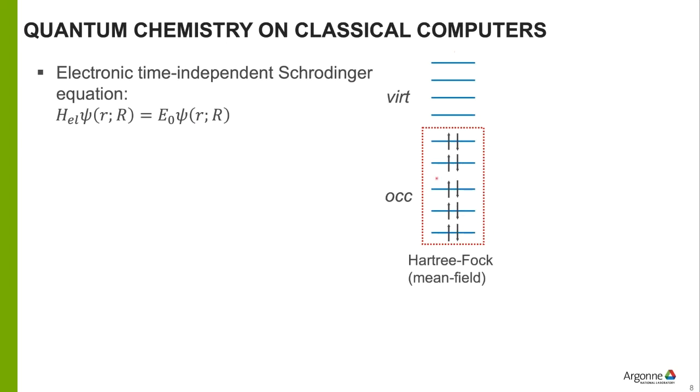So this is the molecular orbital diagram where you have some occupied orbitals and virtual orbitals, and this electron configuration corresponds to the mean field solution of this equation, where each electron moves in a field created by all other electrons, and so you don't capture the effects of interaction of each pair of electrons. This is a very crude approximation, but it serves as a starting point for more complex methods that take into